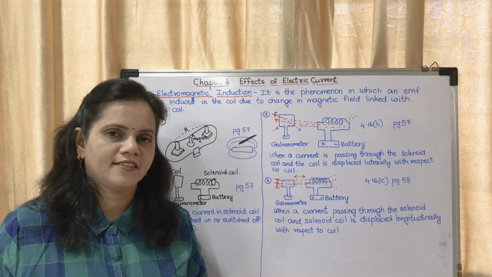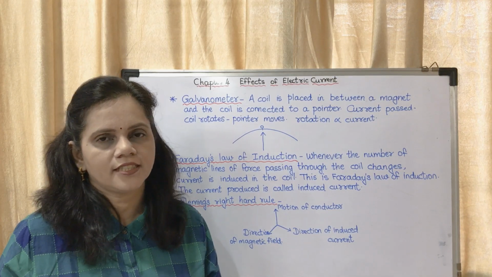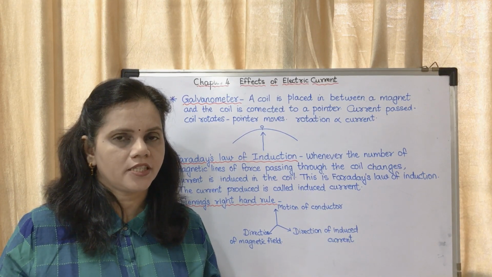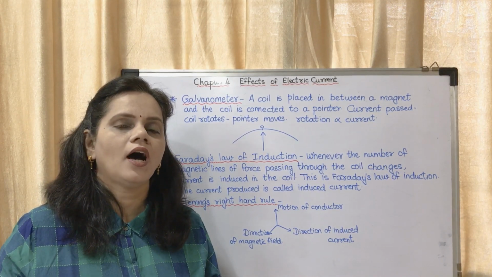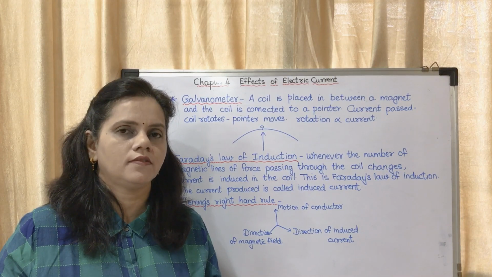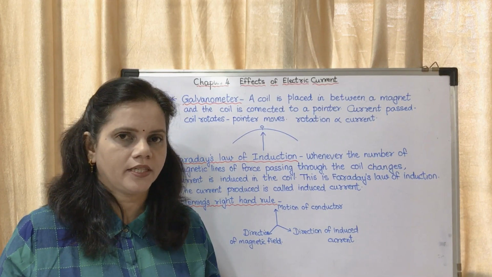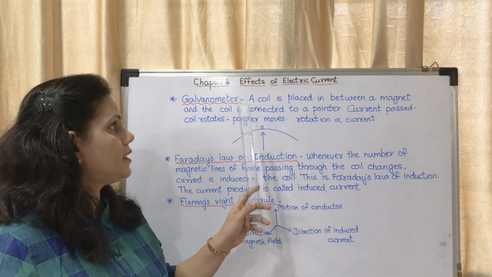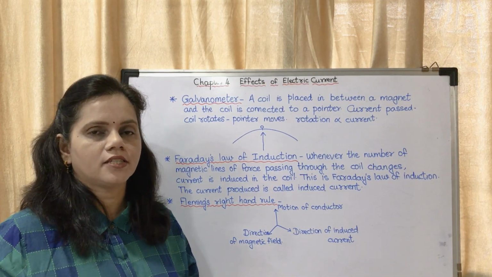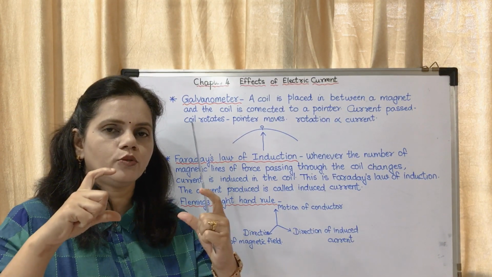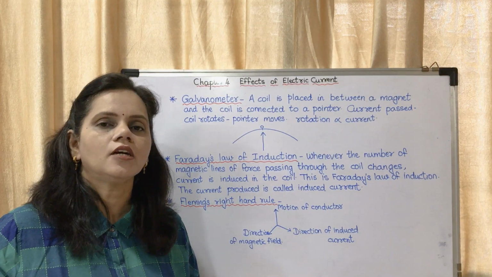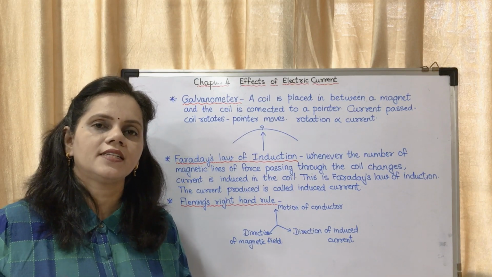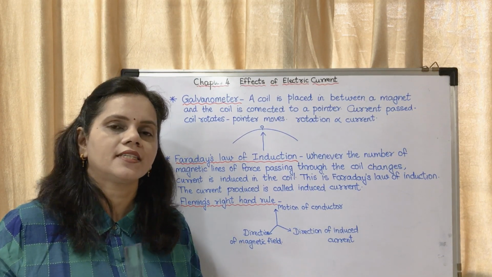You may read first. This is the next topic, that is what is a galvanometer. What is a galvanometer? It is an instrument which shows the presence of current. Okay, now how is it built? What is the action which is going on inside a galvanometer? A galvanometer is similar to that of an electric motor. So you may see a coil is placed in between a magnet. Inside the galvanometer there are two magnets and in between they have placed a coil, just like that of an electric motor. The only difference is, okay, there is no electric supply to it.